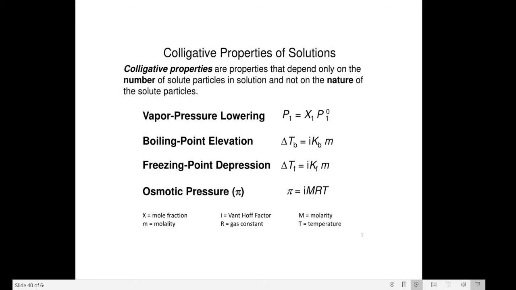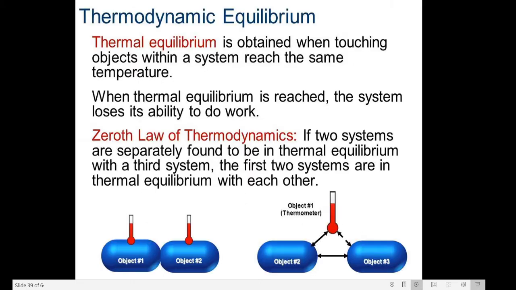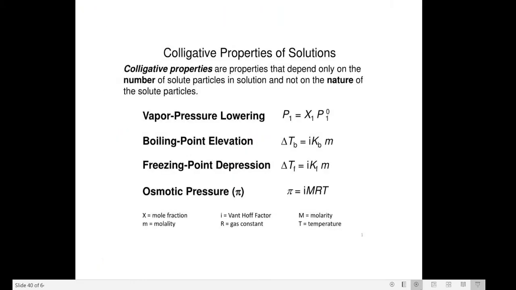P1 is equal to X1 P1 naught, delta Tb, delta Tf. Delta Tb means the boiling point, delta Tf means the freezing point. Then i K b m, i K f m, and osmotic pressure is iMRT. In bioenergetics, we have the application of all previously discussed things: atoms, molecules, lipids, proteins,